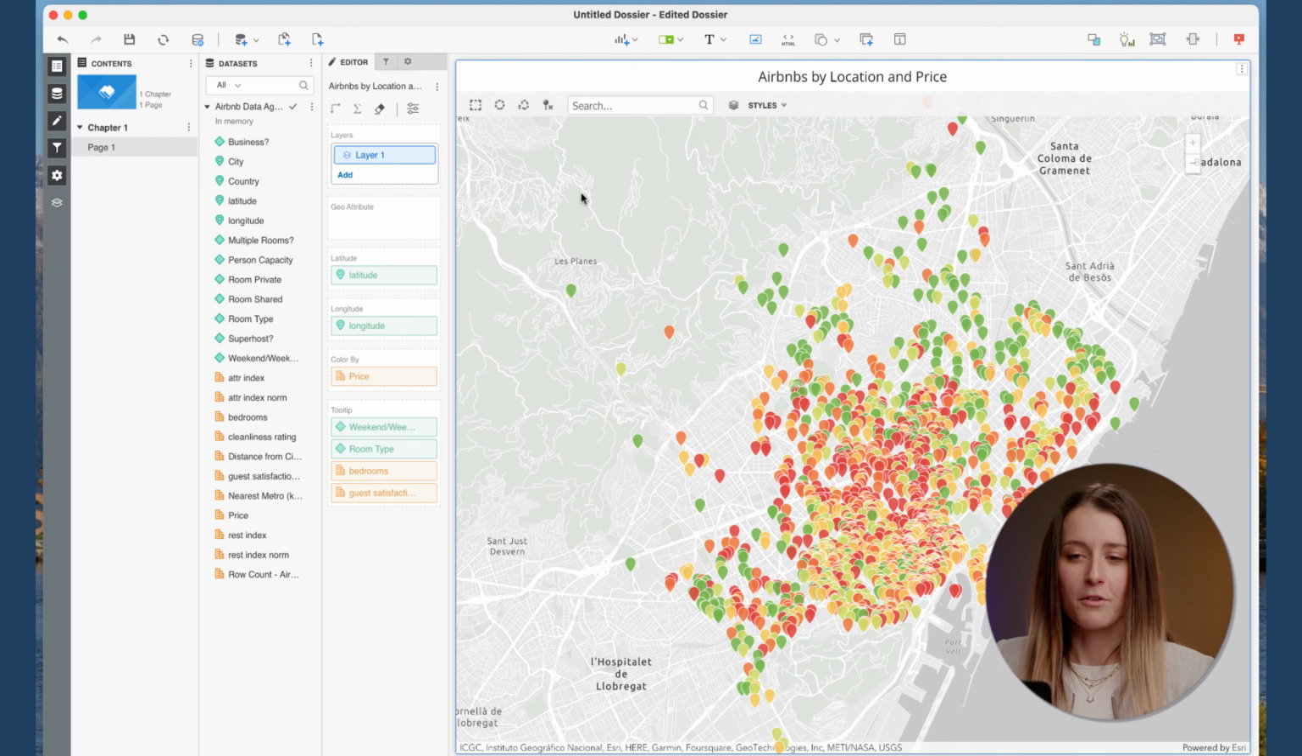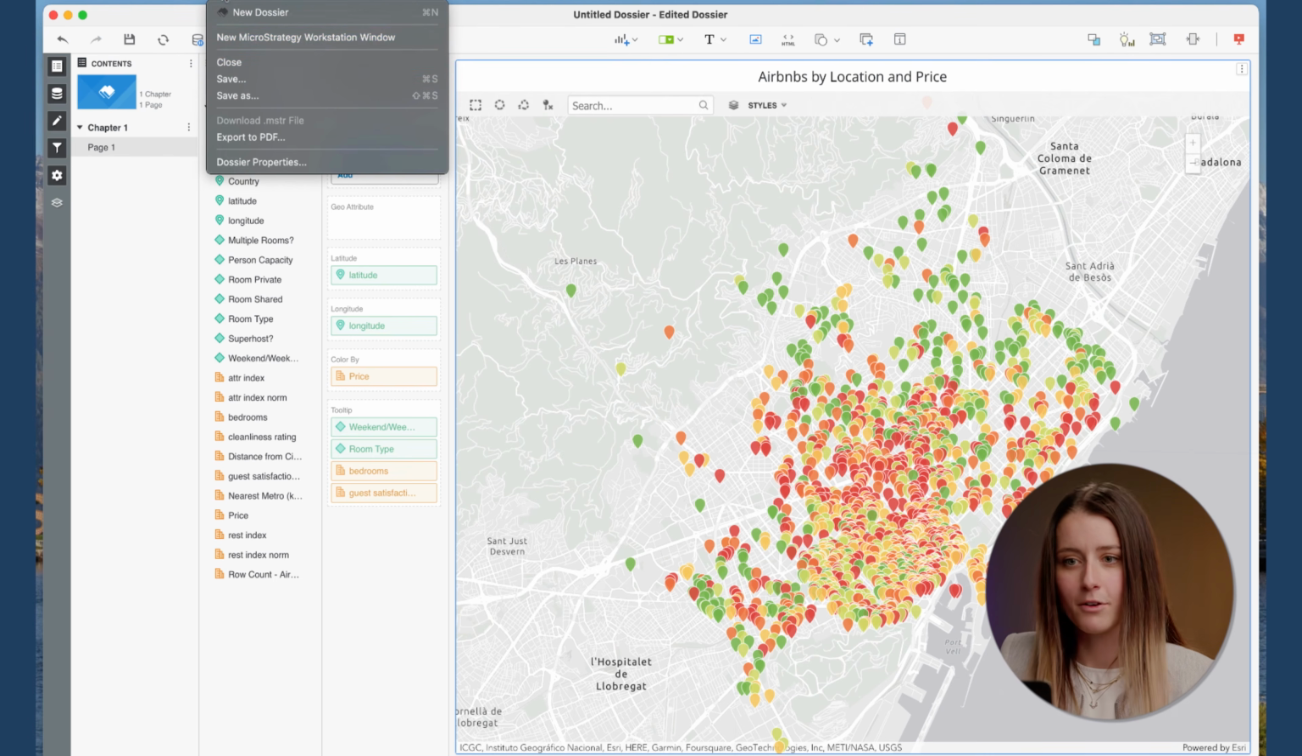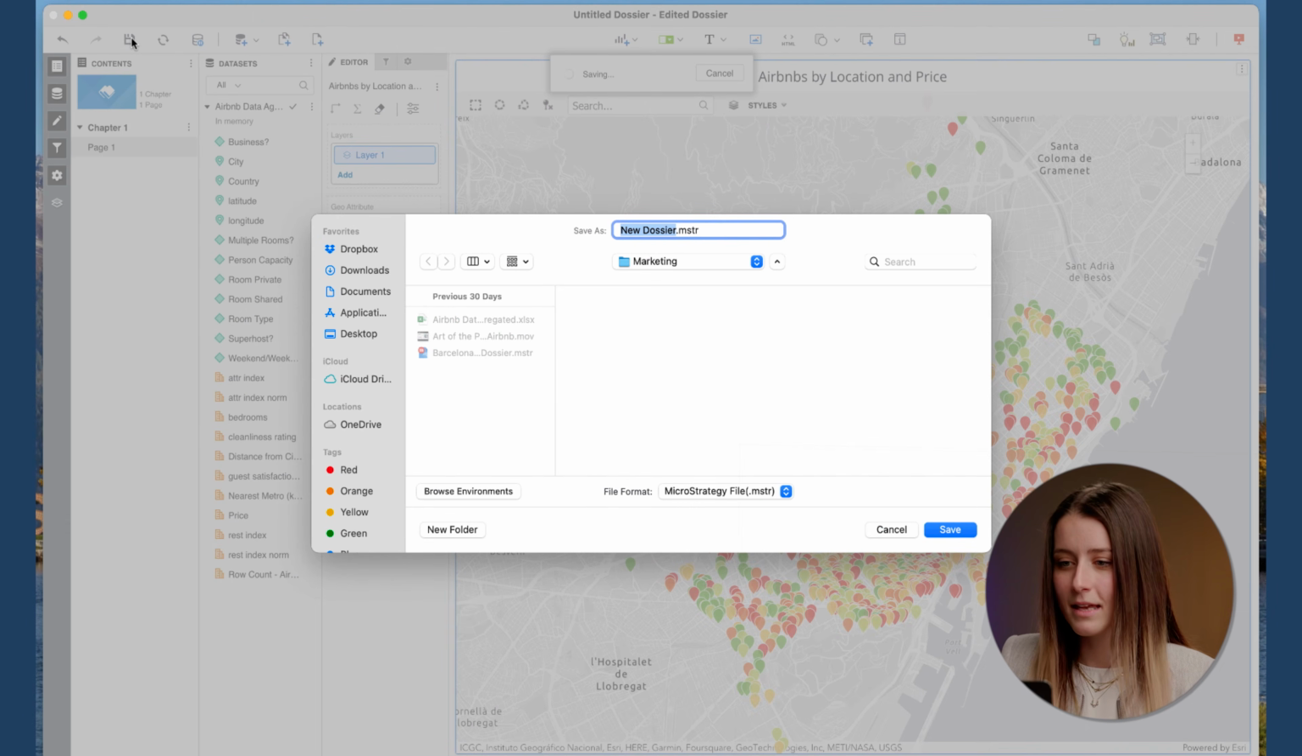So now that we've built our first visualization, I'm going to actually take us through the saving process, because obviously we don't want to lose any of the progress that we may have made. So if we go to the top left section of our dossier editing interface, we have this little disk option, and that's our save button. You can also do a file and then save or save as, but I'm just going to click the little disk option. So you'll see that when you do that, it's going to prompt you to save your dossier